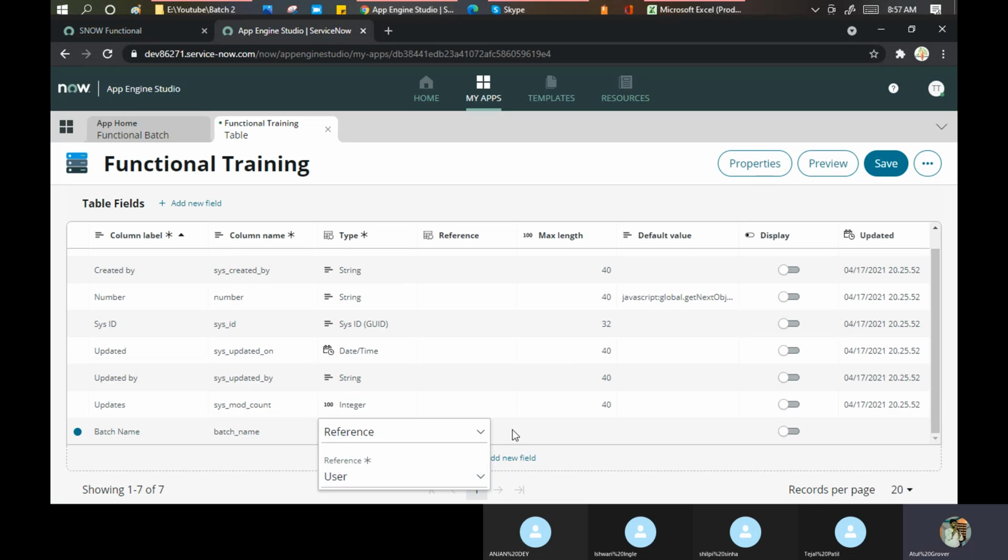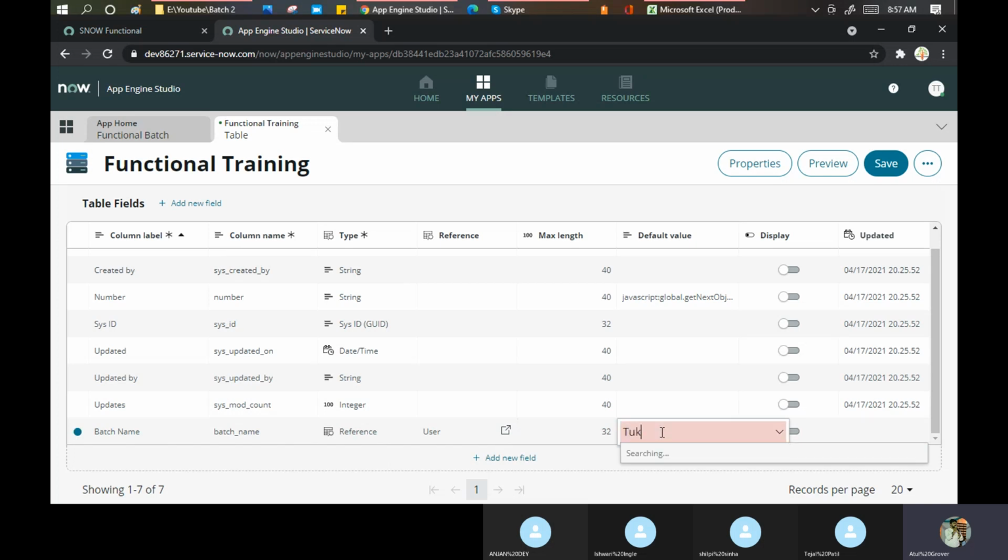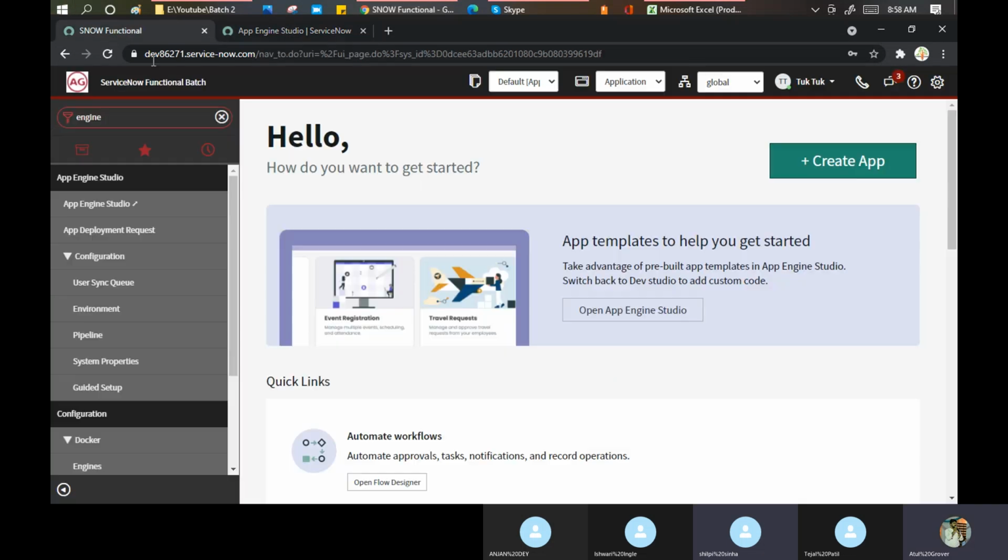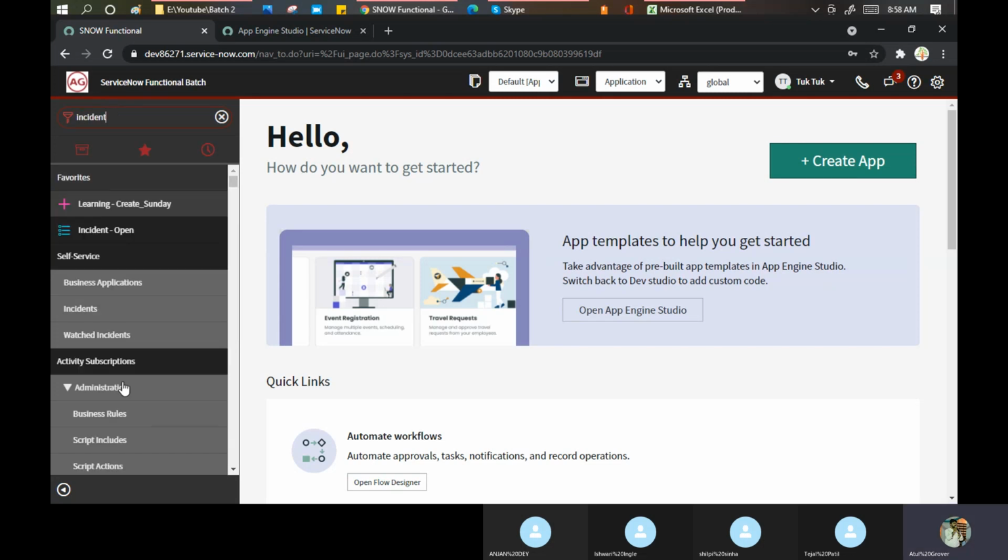Okay, now I click here. See, user, max length 32, default value. I said the default value should become tuk tuk. Default value. Atul, what is a reference when it says user reference? Reference means, okay, if I show you here, incident.